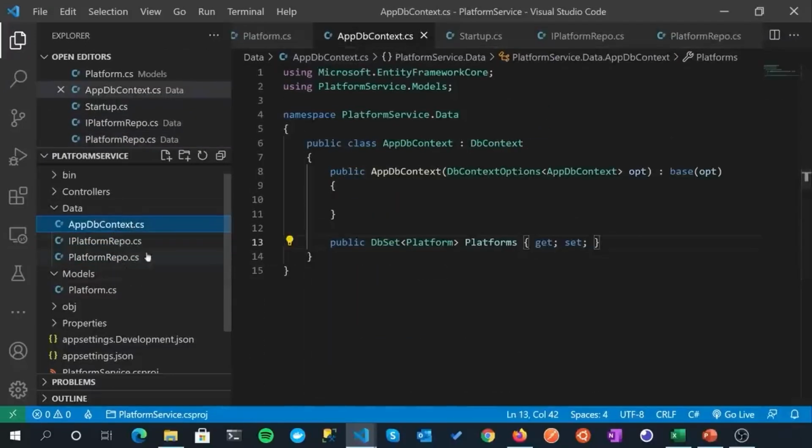So the next thing that I want to do, just before we do our DTOs, is create a little class that's going to prepare our database. So when our app starts up, I want to actually put some mock data into our database, just so that we have some there to work with. And when we come on to using SQL Server, I want to also run what's called migrations to actually create the data structure in the database.